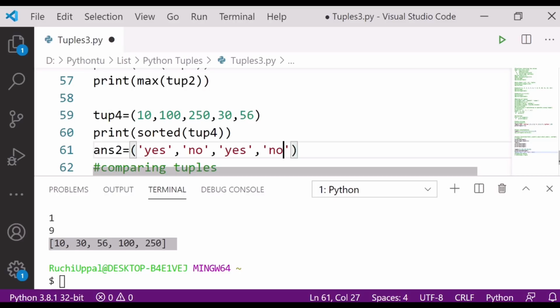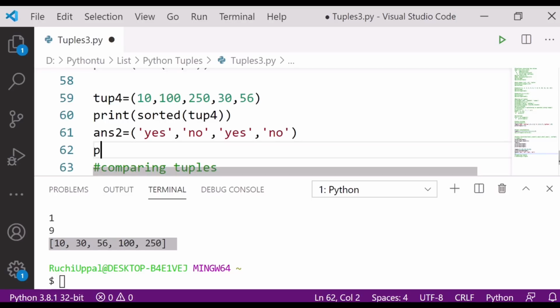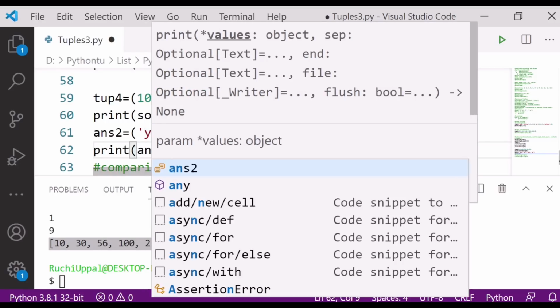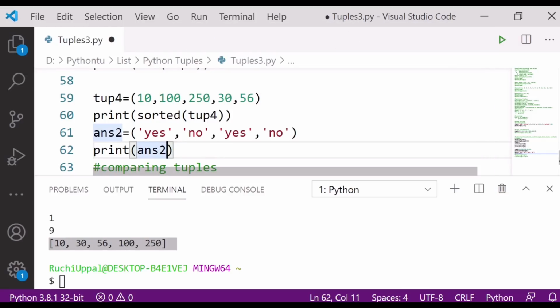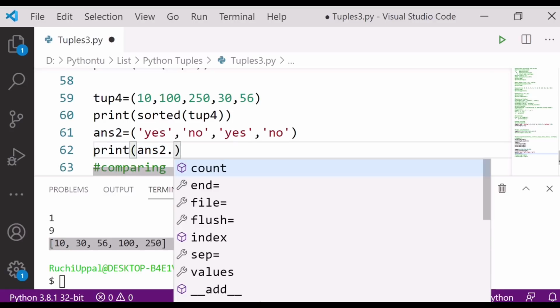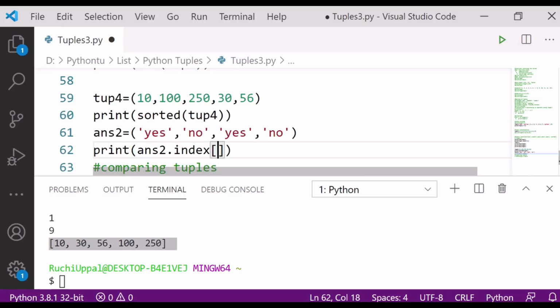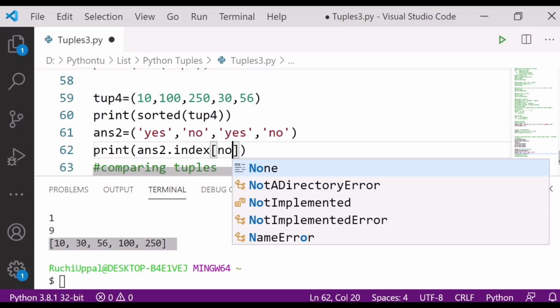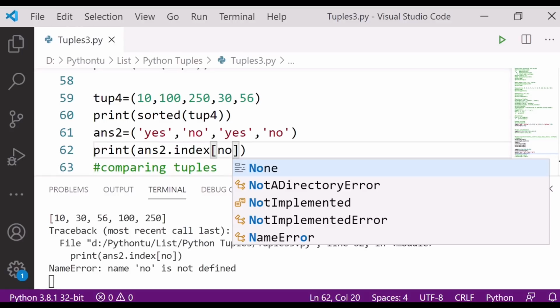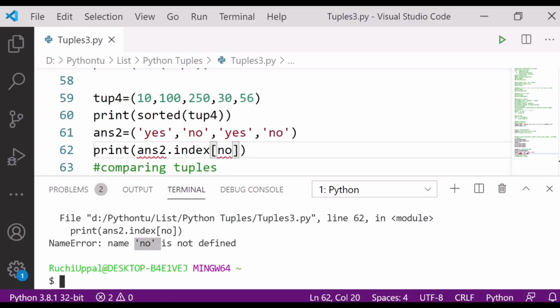Okay, so let's see. If I write here print answer 2 dot index, whose index do I want, no. If I write like this, let's check what would be the output here. It is saying no is not defined.